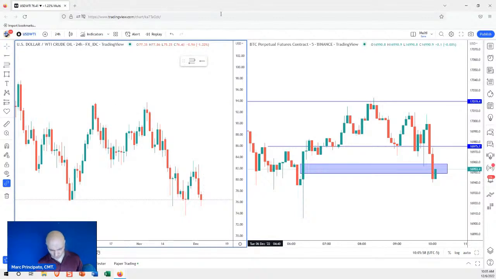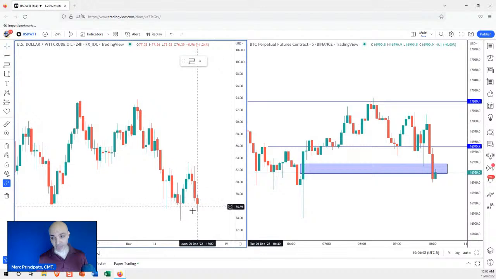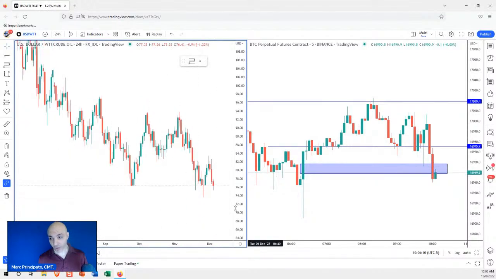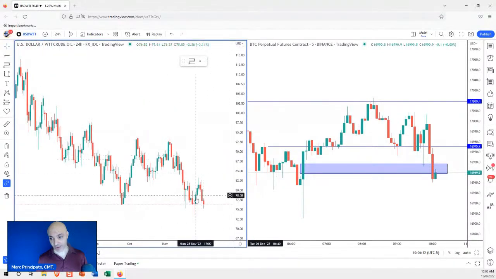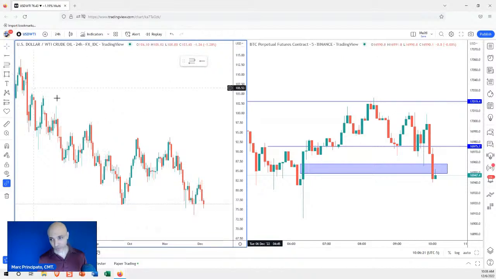Would you look to re-enter oil? Maybe, but obviously there's going to have to be a setup and a confirmation. I'll be open to the idea. Oil's in a tough spot. If oil breaks, that's a low. You have to realize something. Again, everyone's like, oh, it's a bottom again, right? And everyone's focused on this, but don't lose sight of this. That's a lower high. So that's not exactly a sign of strength.